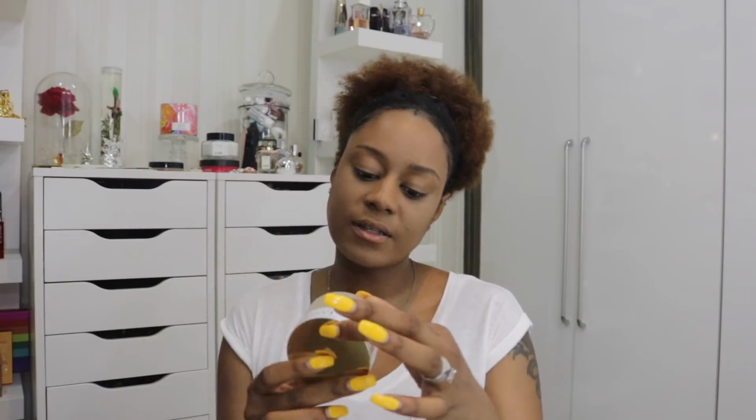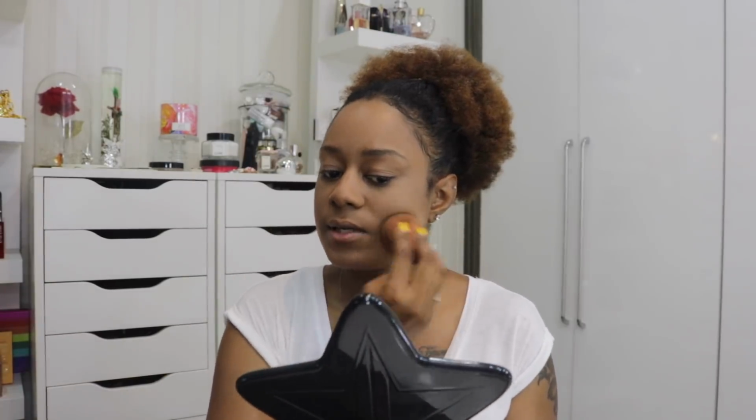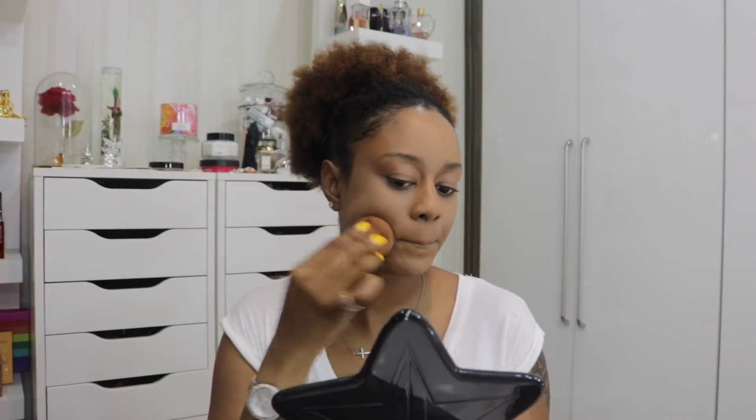To set the rest of my face, I'm gonna go in with the LANCOME Absolute Powder. Mine is in the shade Almond. It's a pretty pricey powder, but I recommend it. If you're looking for a powder to set your face flawlessly and give you a little bit of sheen, because this does have a little bit of glow to it, then I recommend this. So what I like to do is just press it into the skin the same way as I did the Laura Mercier powder